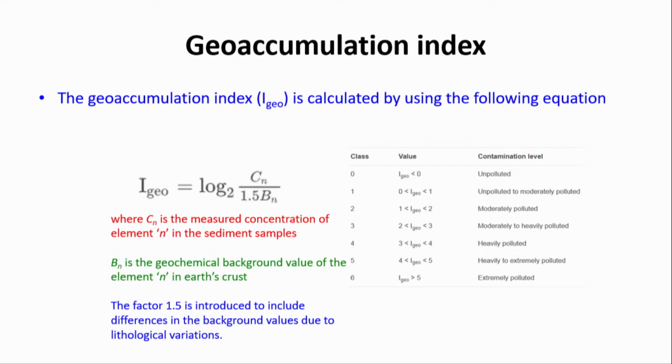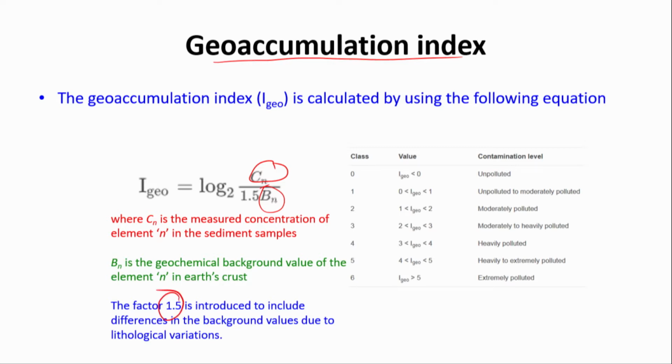There is another index which is called the Geoaccumulation Index. Geoaccumulation Index is also calculated based on this equation, where Cn is the concentration of a particular metal and Bn is the baseline background value, and this background value again, you can consider the concentration of metals in the upper continental crust, or you can use the pre-industrial concentration of a particular metal in the sediments. And